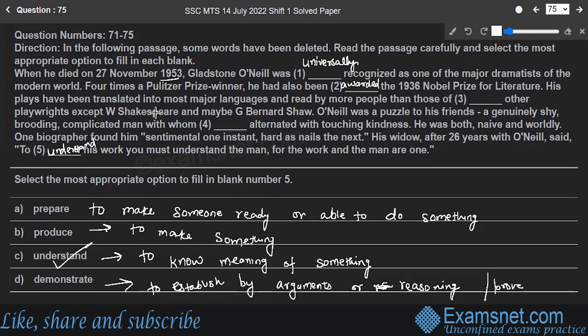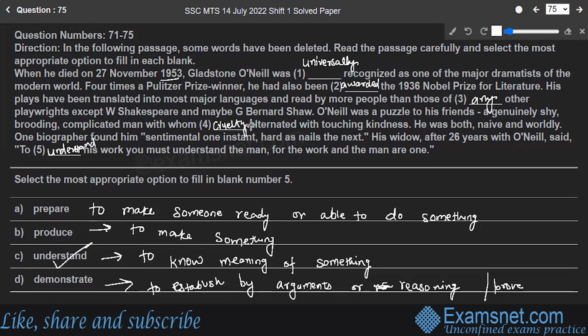His plays have been translated into most major languages and read by more people than those of any other playwright except W. Shakespeare and maybe J. Bernard Shaw. O'Neill was a puzzle to his friends, a generally shy, brooding, complicated man with whom